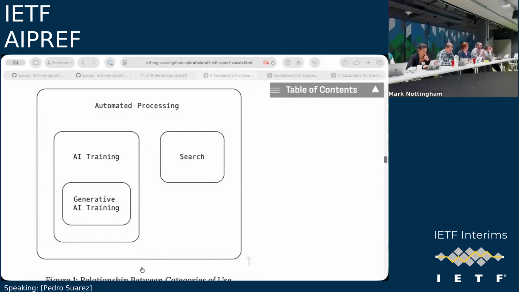However, if an open source initiative wants to release a model that can potentially be used for search, but that can also be used for generative AI training, well, they're governed by the other AI training category. So they cannot release the model, and therefore open source or smaller players that are not these private companies cannot use this model for search. Is that correct? No, that's not true at all.